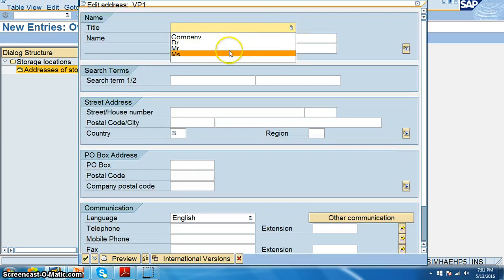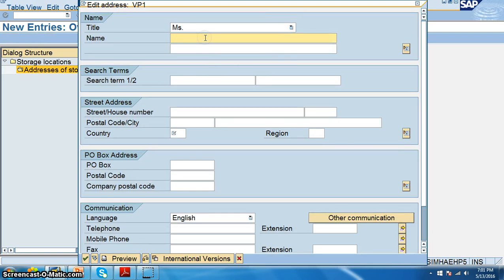So storage location 1, India, this is HYD. So just say OK. This is for the other one.